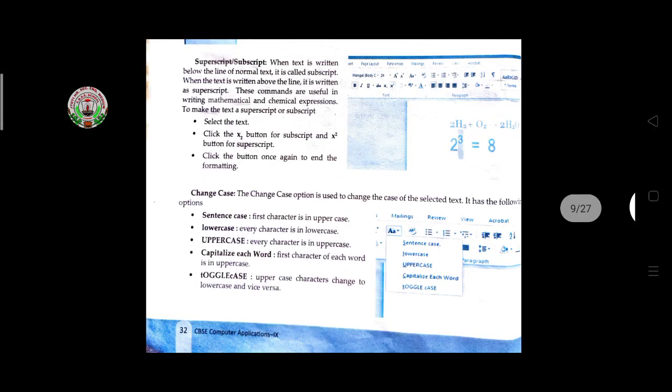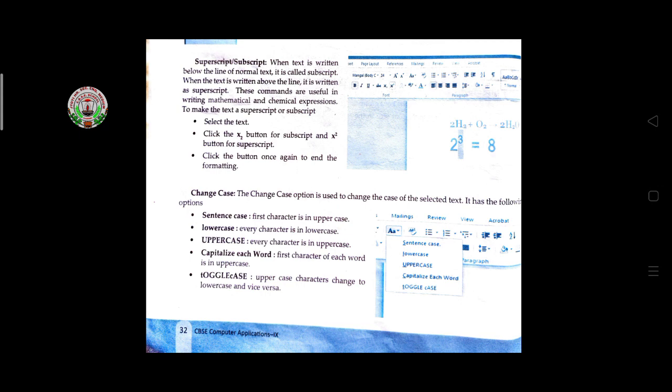Superscript means you are using the power, and subscript is, suppose you are writing the chemical equation H2O, then the 2 is written at the bottom, so at that time you have to use the subscript. And if you are giving a power, suppose x to the power 2, a to the power 2, like this, at that time you have to use the superscript.